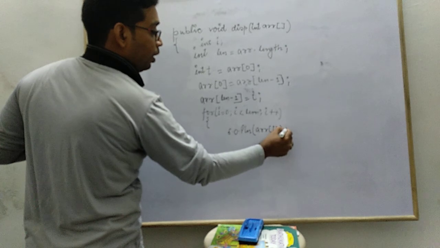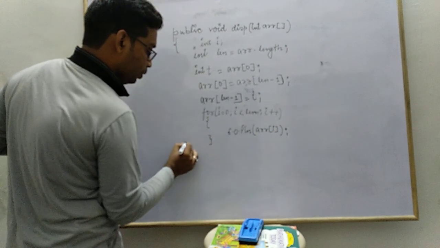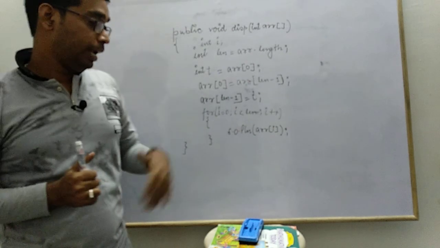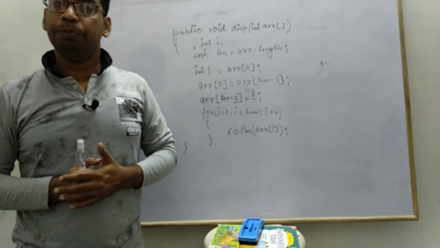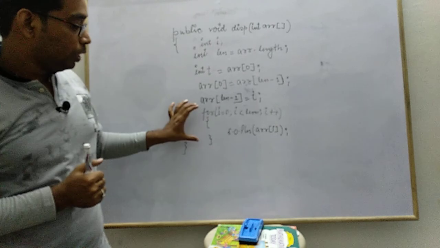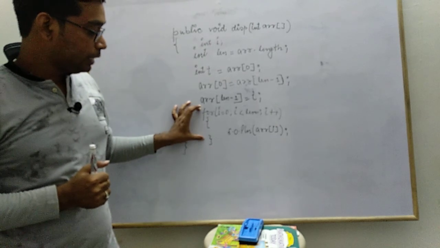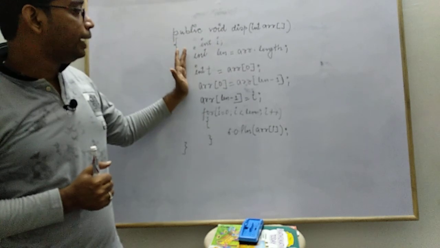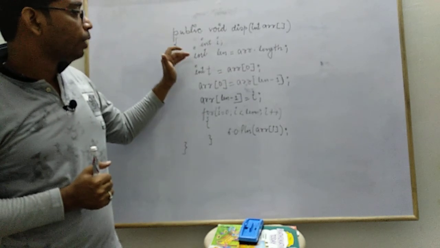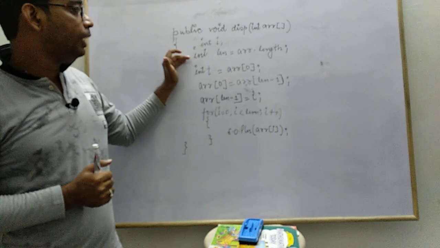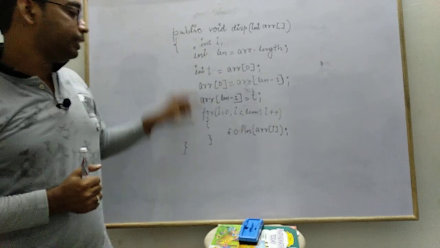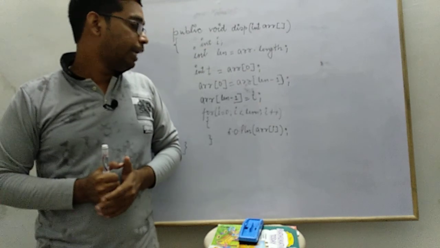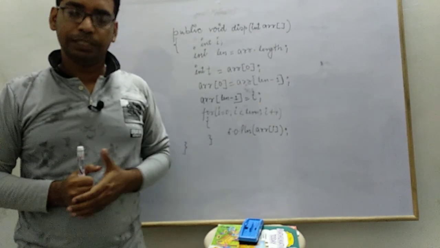Okay, if you wish to check the elements of the array, in what sequence the elements will be entered, you may use this statement, this for loop also at the beginning. That means before, after finding the length, you can place this statement here. Okay, I think this program is clear.